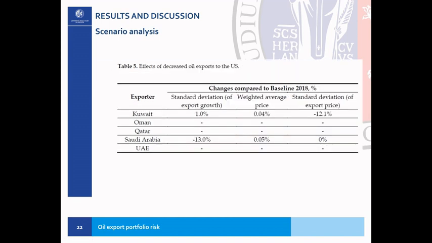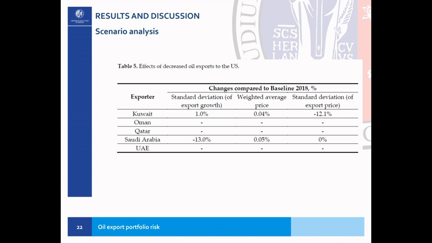Then we have done the same when you decrease the oil export to the United States. We can find significant results only for Kuwait and Saudi Arabia, which are exporters to the US. The others are significantly not. So what is happening is that by essentially concentrating their exports more on the Asian and European rather than the North American market, as you can see,